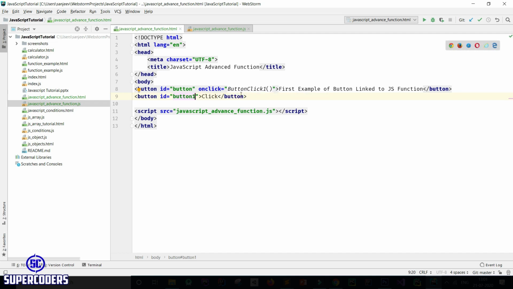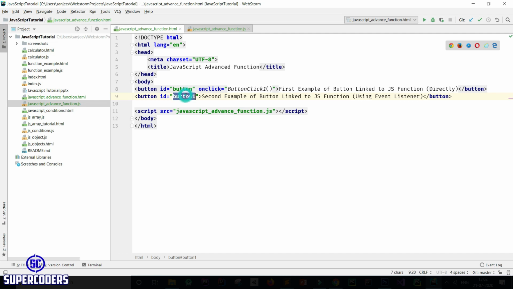So it's done. Now changing text. So copy this again and change this text to second example of button link to JS function. This to directly, change this to using event listener.